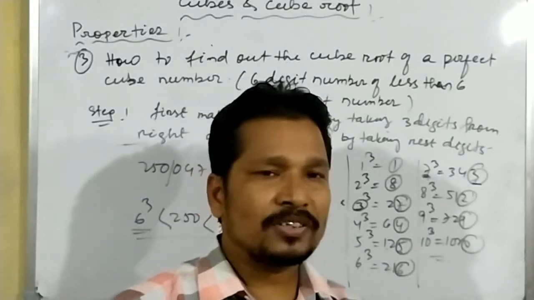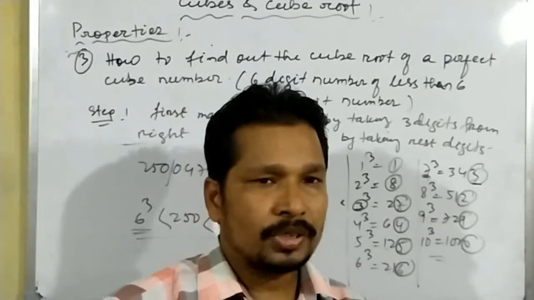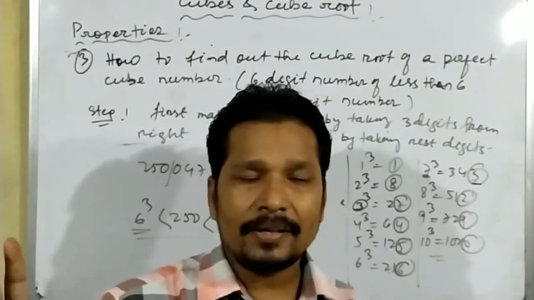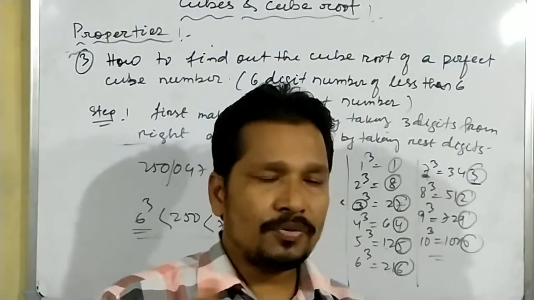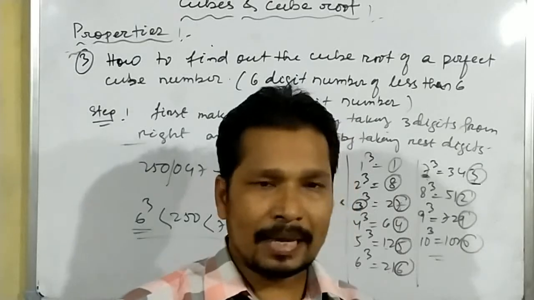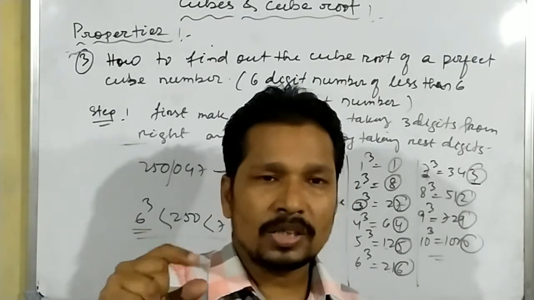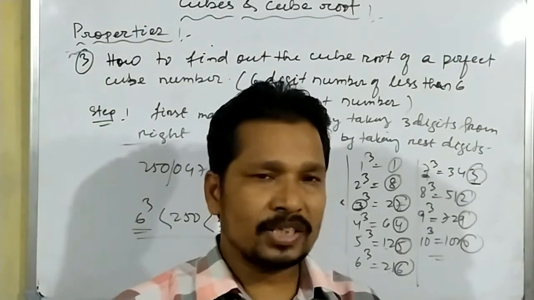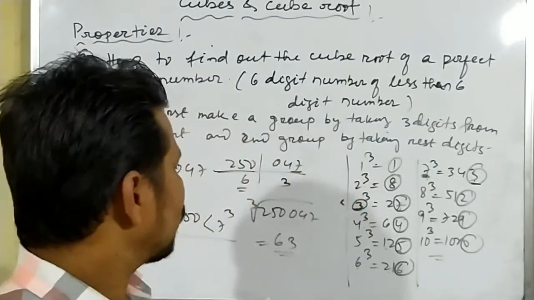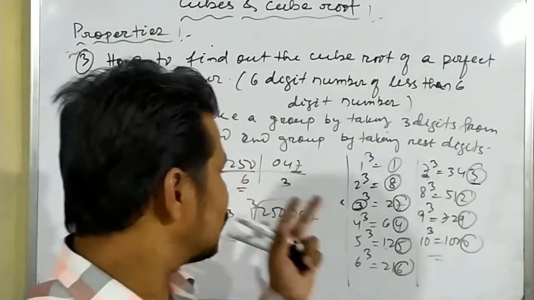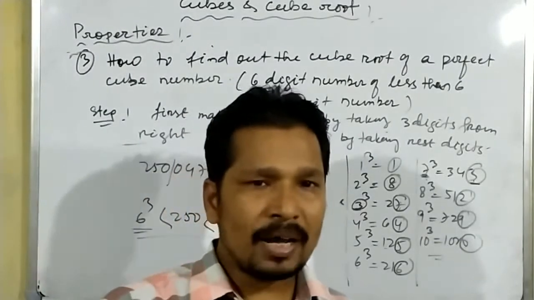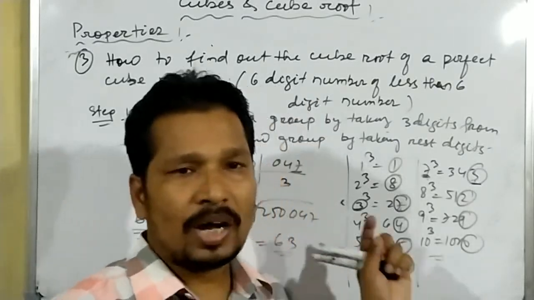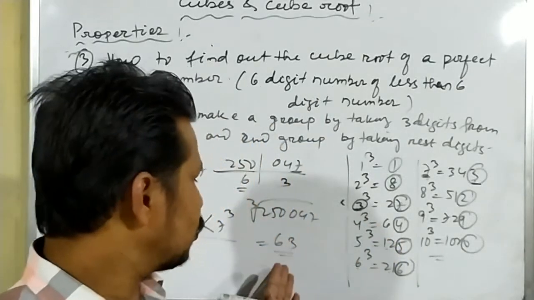And if the unit place of a number is 2 or 3, then the unit place of its cube will be 8 and 7. Also, if the unit place of a number is 8 or 7, then the unit place of its cube is 2 and 3. Okay, so you only have to keep these things in mind, then you can find it very easily. And one condition is there: the number should be a perfect cube. If the number is not a perfect cube, then your answer will be wrong. So in this way you can find it.